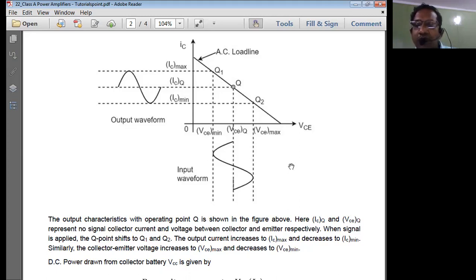So that is the problem here, because the transistor amplifier at the power amplifier stage is going to amplify large input signals. Therefore, the heat is going to increase due to the change in temperature. The Q point may change to Q1 or Q2, which is undesirable. Therefore, you have to use heat sinks to reduce the temperature that accumulates in the transistor circuit. That is the basic thing we normally use here.